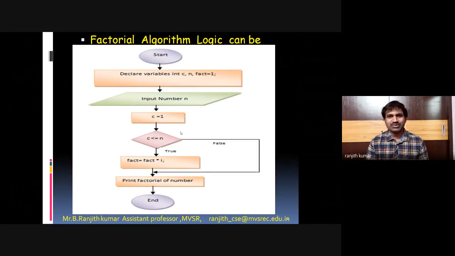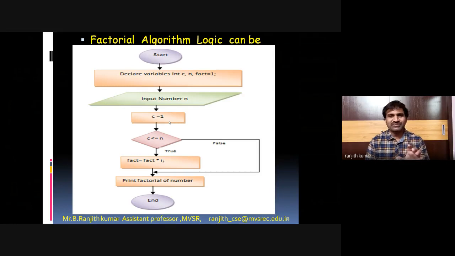So let us start the program, declare some meaningful variables, accept the value, initialize, check the condition till what time you want to multiply, and store the answer. Once the condition is false, you come out and stop. So it is always advised to write an algorithm first, then write a program, so that we get a clear picture of what program you are going to write.